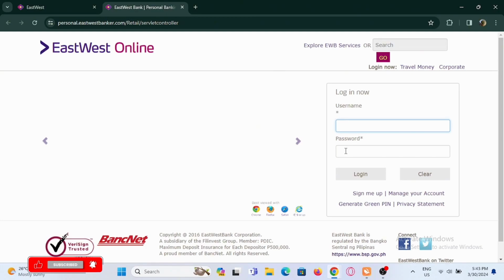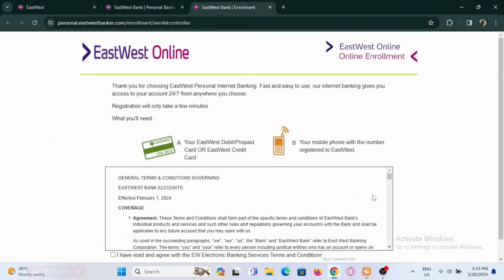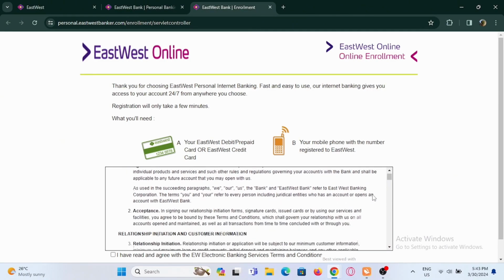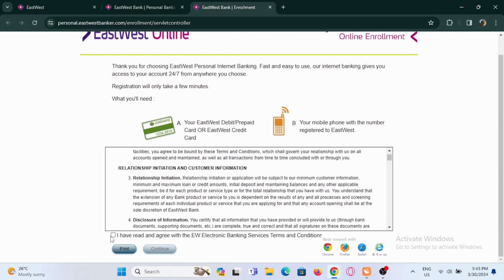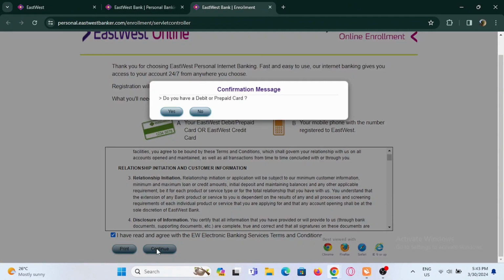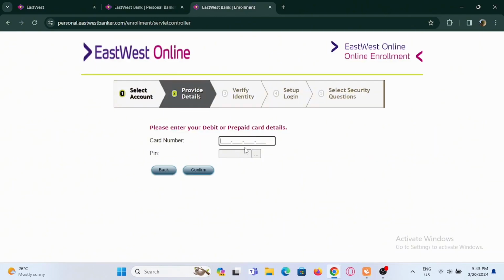Now enter your username and your password, then tap on login. Once you are logged in, you have to go ahead and check out the card section in your EastWest account. From there, to activate your card, you have to enter your card number, your CVV, your expiration date, and your SSN. You may also have to provide some identification that may require some identity document, so make sure that you have access